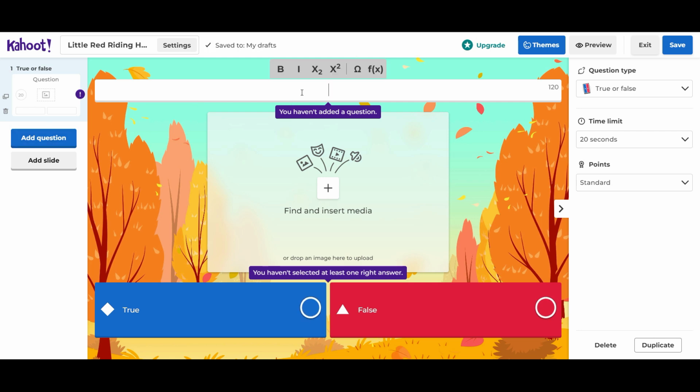Then we add the slides and the type of questions that we want to use. Today I'm using only true-false questions for Little Red Riding Hood's story.